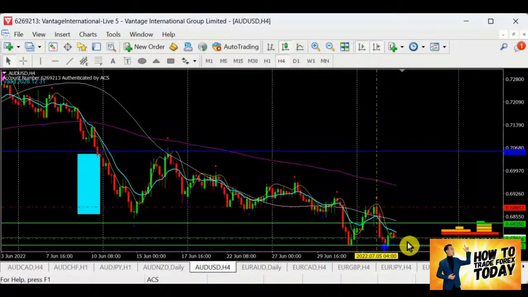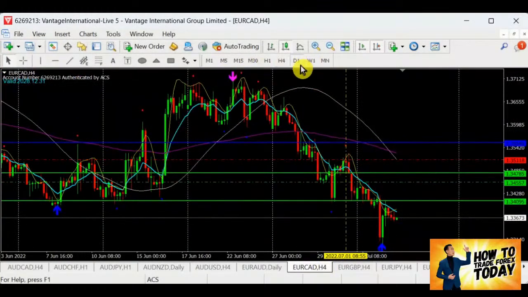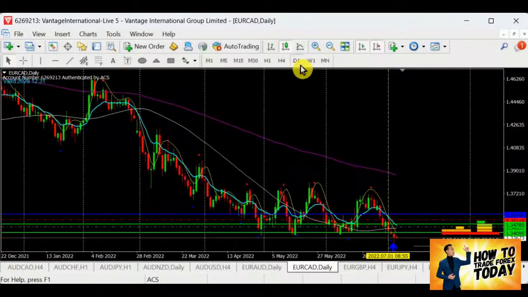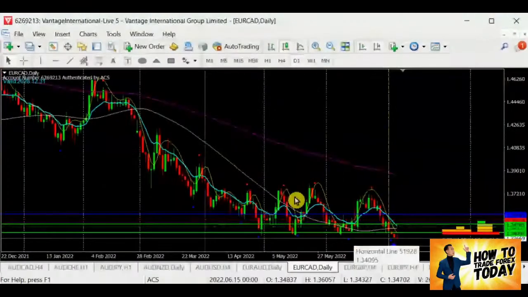Okay, so Euro Aussie, we are now into the bull. The bull is still running. Okay, now retesting, pulling back to retest the support. So tentatively, no. Well, EURCAD, we are still in the bear. Well, that's good. We are now actually breaking out of this support level, which is good, right?